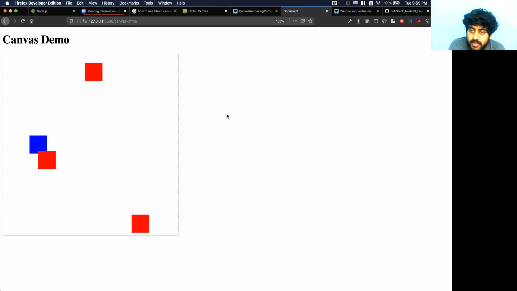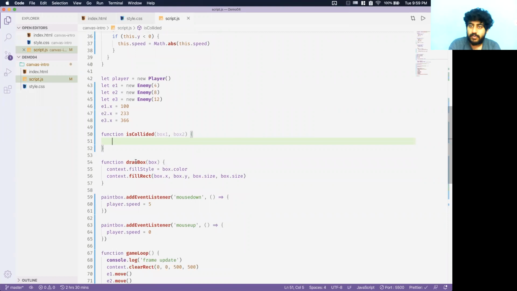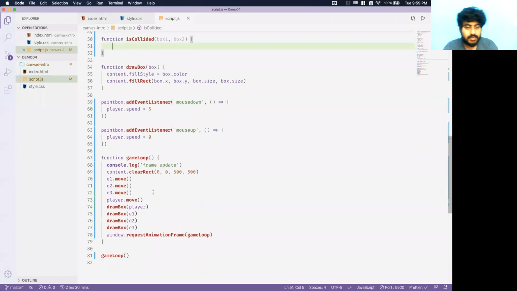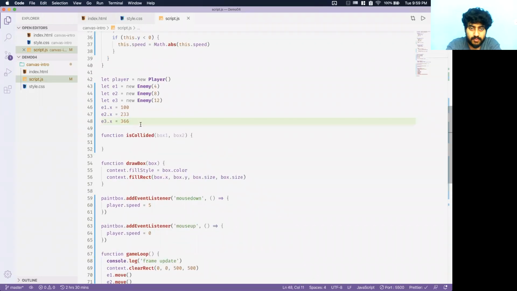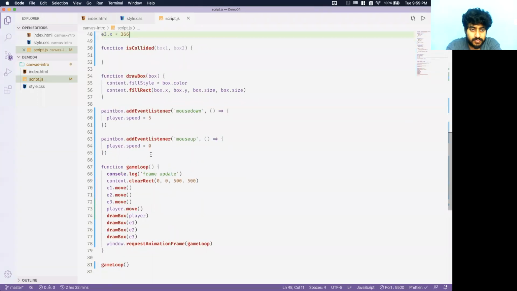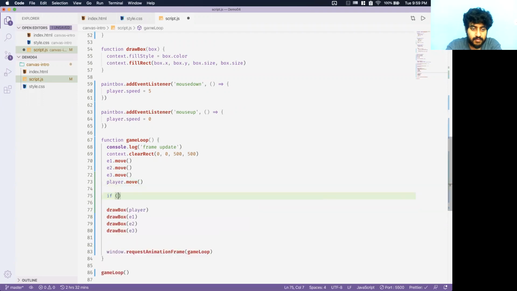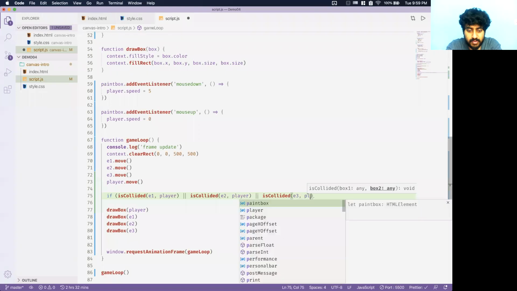Or I would say do one thing. I am just writing this function isCollided(box1, box2), and we'll do something very interesting. We will have a game state kind of thing here. We can do things like this: if isCollided(E1, player) or isCollided(E2, player) or isCollided(E3, player), then